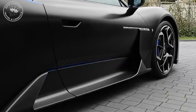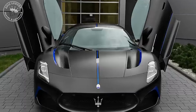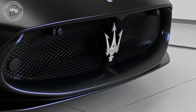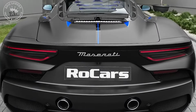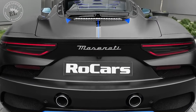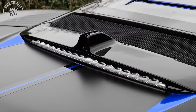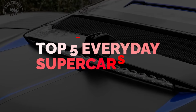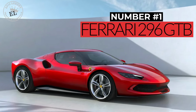Some brands, such as Ferrari, Porsche, McLaren, and Lamborghini, have been exclusively dedicated to the production of high-performance supercars and have done so throughout their history. Other supercars come from more unlikely sources, such as the likes of Ford with its GT or Audi's remarkable R8. These are blue-blood supercars that just so happen to sit in the price lists among much more affordable everyday offerings. These are the top 5 luxury supercars. Number 1. The Ferrari 296 GTB,